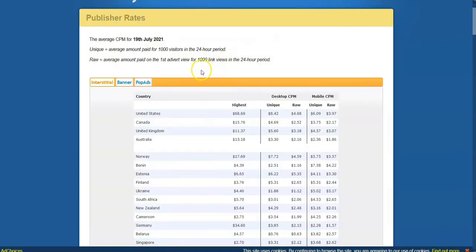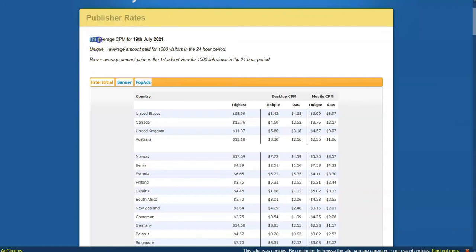But what I want to do next is we'll take a look at the publishing rates. And then we'll let you make up your own mind after you see the examples, which are coming in a couple minutes. I recorded a couple examples of what actually happens when you use Adfly. Now, I just want to make sure you understand, if you're going to make money on this, there are publishing rates. And then we'll look at some discussions that people had about comparing this with Google's AdSense and the like.